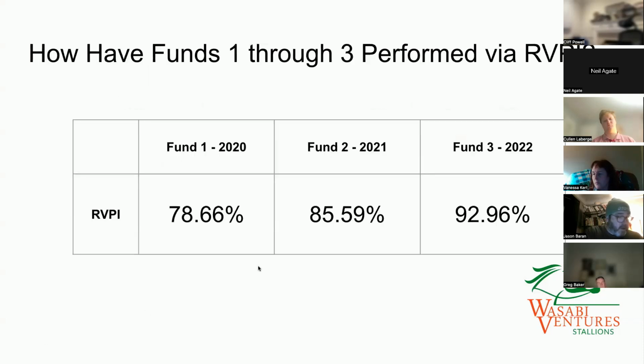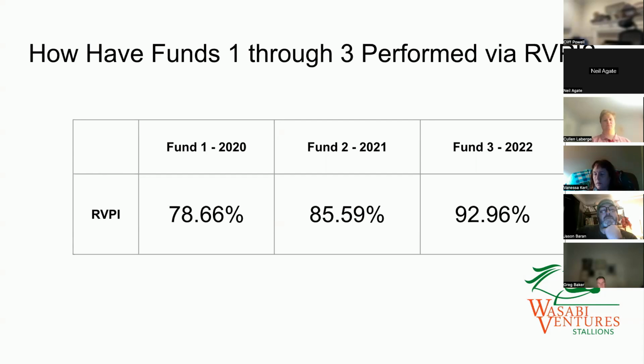But how are we doing? So Fund 1, we've actually sold some of the assets already. Some were not going to be performers. Some actually performed very well, and we made a little money and took a little money off the table. That was part of the returns that you saw. So what you see in Fund 1, 2, and 3 here for RVPI is what's left of what we originally invested in, if that makes sense, right? Because once again, we're not mark to market.